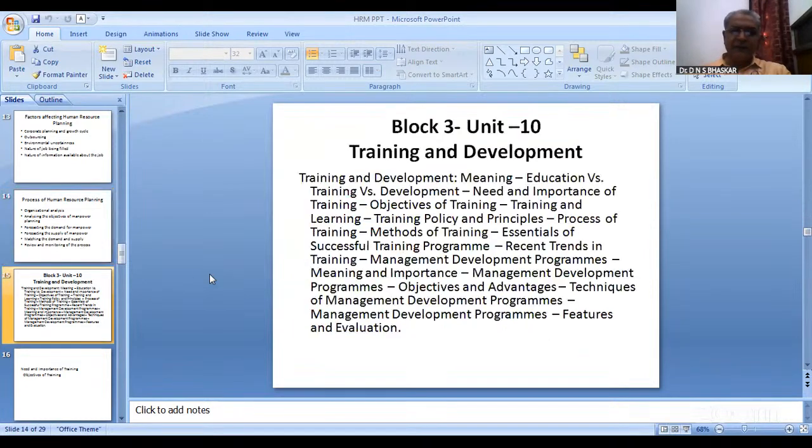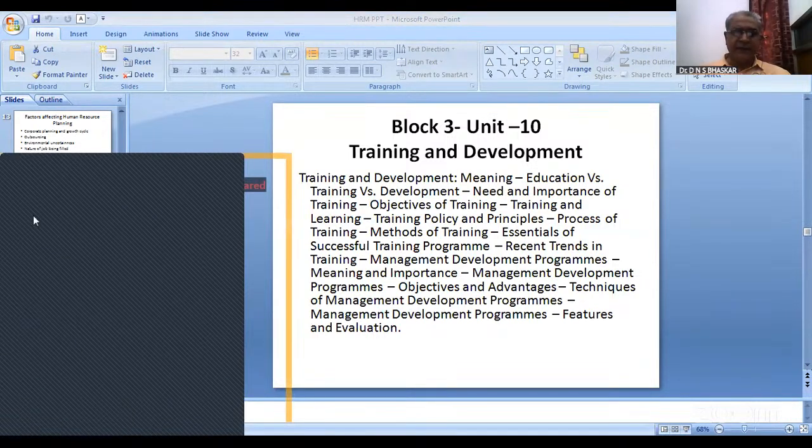So with this, I complete the aspects in block 3, that is unit number 10. Already I told you, I am covering the most important lessons in each block first, and then I will cover the rest. So in this block 3, the most important lesson is coming under training and developmental aspects: what is to be learned, what are the various types of training, and so on. Just let me take a simple